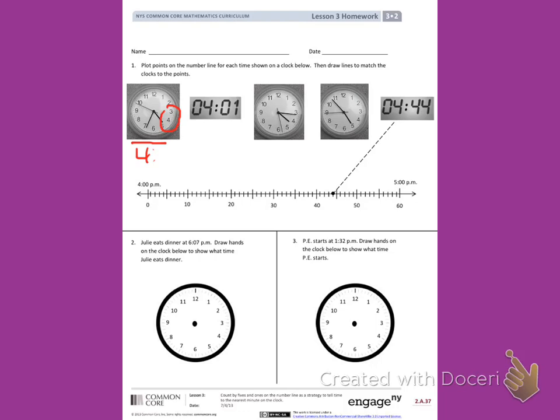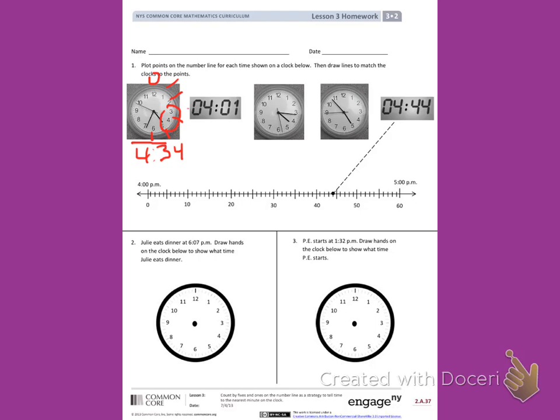I'm counting by fives every time I hit a number on the clock, starting at 0 at 12. 5, 10, 15, 20, 25, 30. And then if I count the minutes, I see that there are 4 minutes. So it goes 30, 31, 32, 33, 34. So this is 4:34. Now I'm going to look at my number line and plot the point where 4:34 is